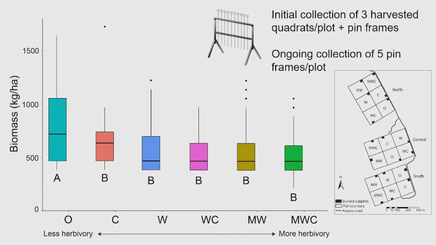This is a 10-pin frame that's measured at each of 5 points within each plot moving forward. That was historically up to 100 points per plot. And these were parameterized several years ago using 3 harvested subplots per plot. And this is what the field data looks like from 2022, which is when we did these LiDAR flights